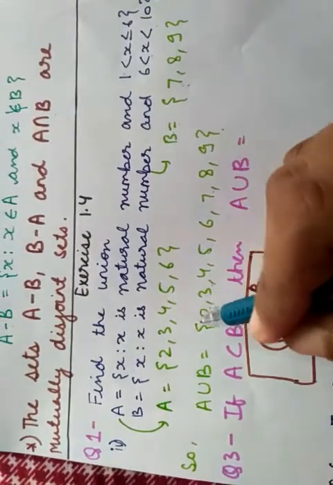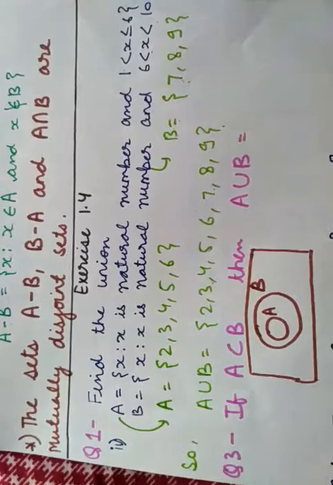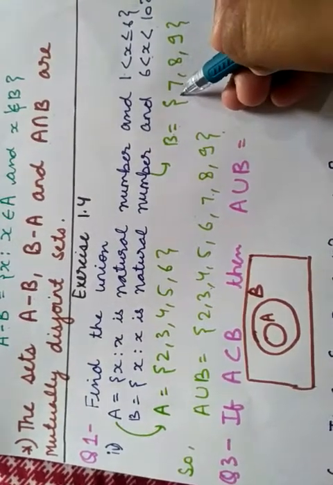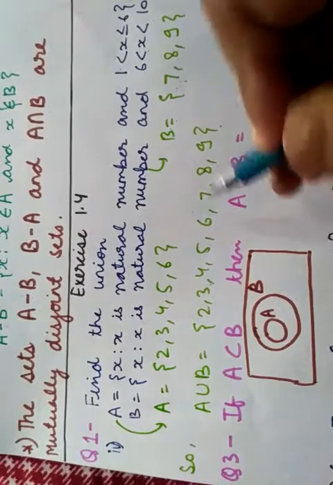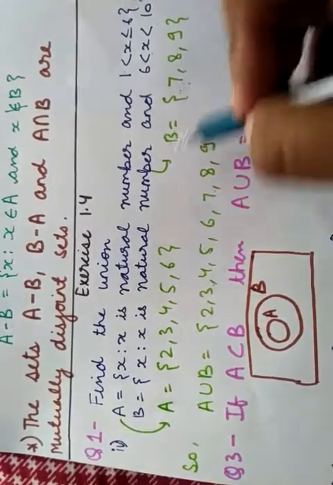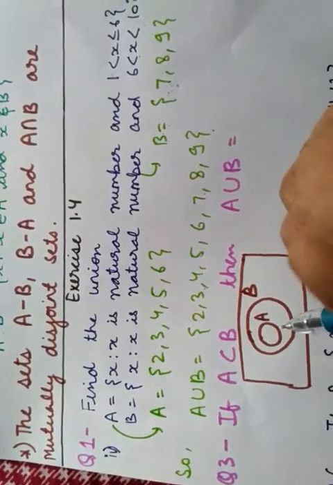And when we write the union, we do not repeat the terms. Let us suppose some element, say small p, was in this set, then we will write it. But if it is present in both of the sets A and B, then we will write it only once.